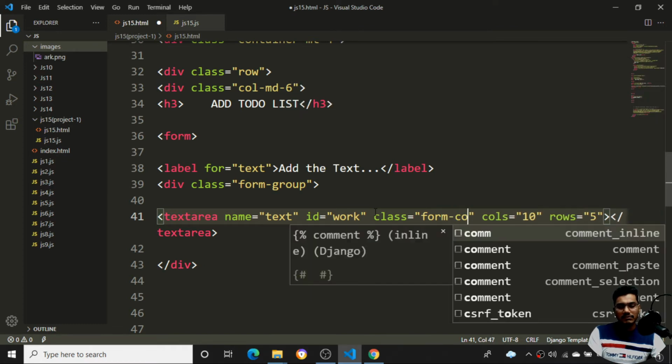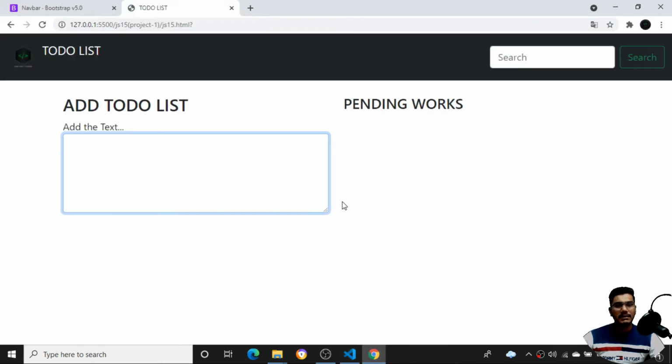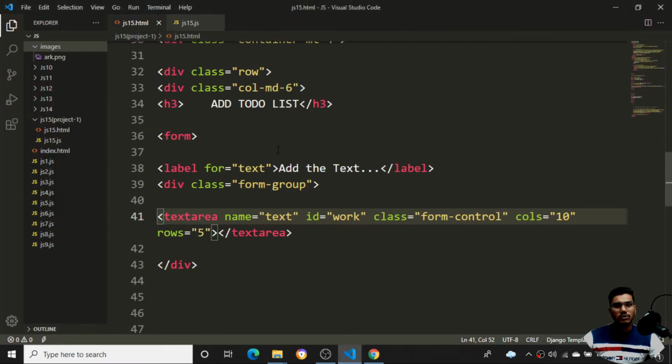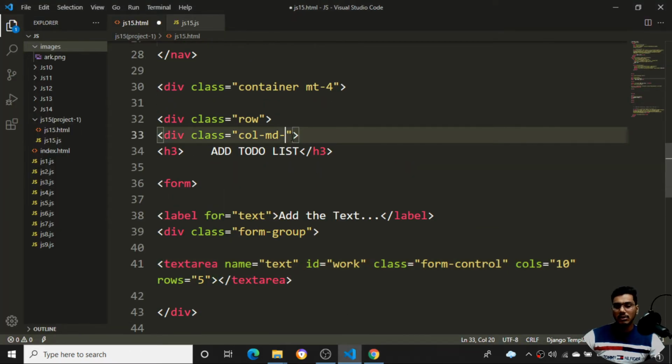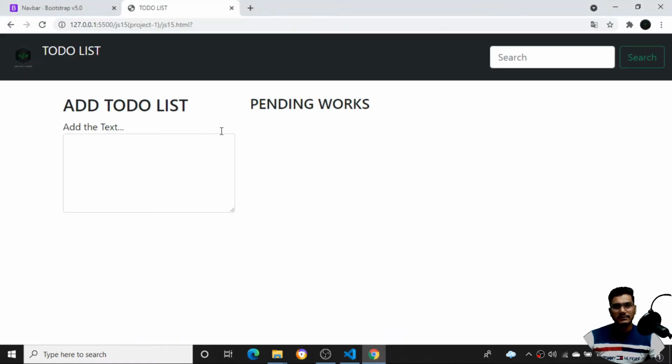So even I can copy from the Bootstrap. I am just using it like this because I have remembered these classes. So if I come here, you can see I'm getting this kind of text area. Suppose I want to reduce it, I want to make the column 6 here, and the remaining one I'll give 8 at the right side. So I can do it like this. Now it is fine for me.